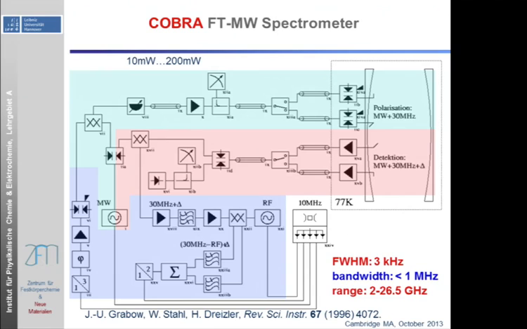The instrument looks like this. Again, don't look at all these components. I just color-coded here the RF part. Basically what happens is you have a synthesizer and a microwave source. You use all this to polarize your molecules in the microwave region. This block here in this color is the detection part. You pick up your molecular signal in the microwave region, then it's down converted into the radio frequency region. Historically you had to do this because of the speed of the A to D converters and to limit the amount of data you have to store and Fourier transform.